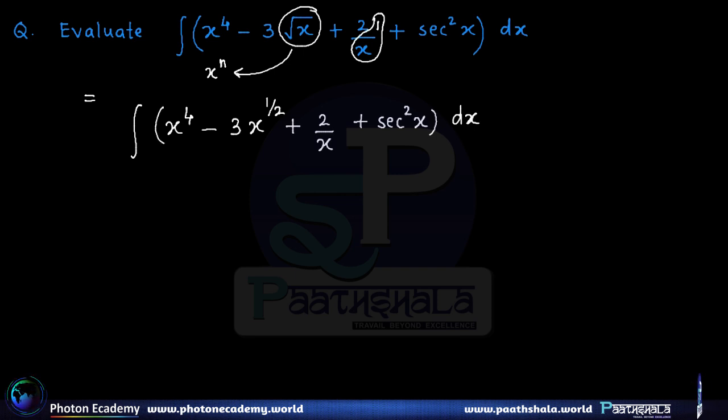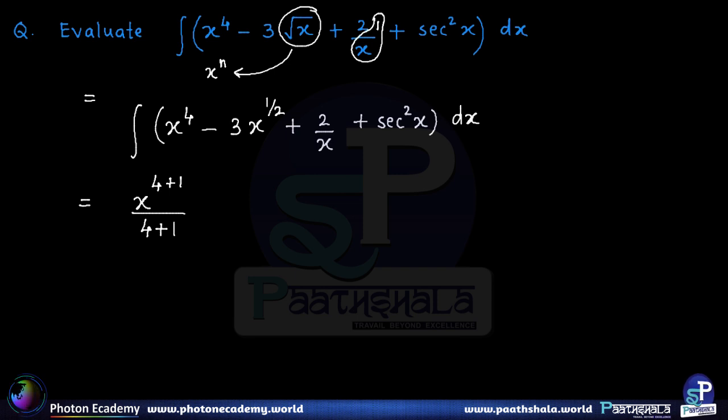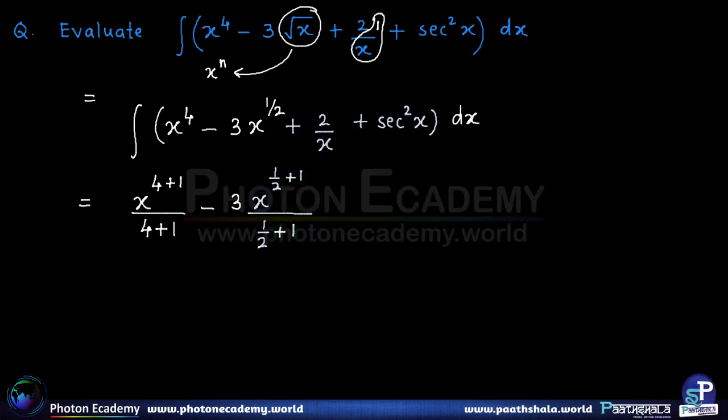So basically in most of the sums of integration, our main aim is to bring the function which is to be integrated into a form which is directly integrable. So now we can directly integrate. Integral of x raised to 4 is x raised to 4 plus 1 upon 4 plus 1. I am purposefully writing the detailed formula since we are doing it for the first time. Minus 3 into x raised to half plus 1 upon half plus 1 as per formula,